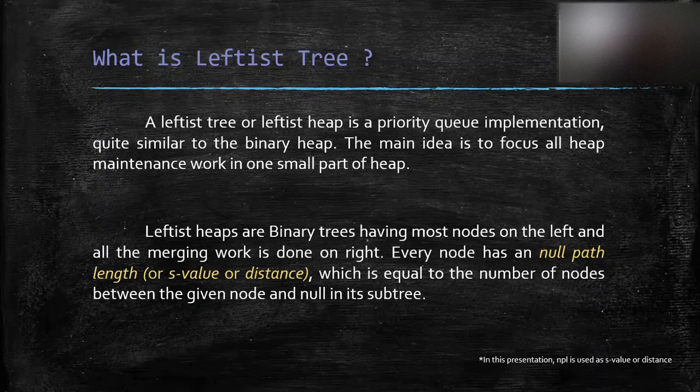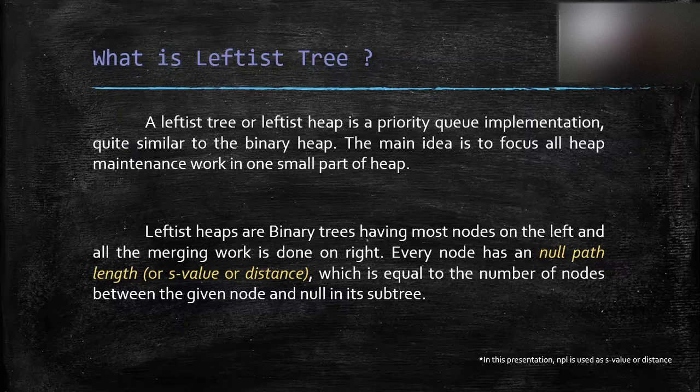Leftist heaps are basically binary trees having most nodes on the left, and merging is done on the right, as I mentioned. Every node has a null path value, or we can say S value or distance value, which is equal to the number of nodes between the given node and null in its subtree. Let's see what it is. In this presentation, I have used NPL, short for null path length, as the S value or distance value